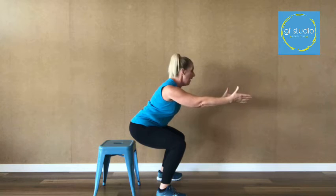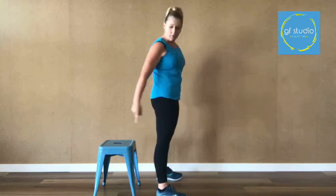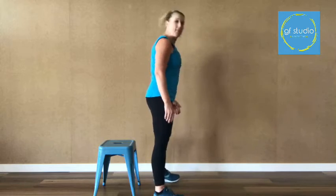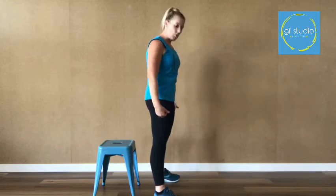Back is nice and flat, eyes are up, thighs parallel to the floor. That is your range. Then all you do is push through the heels. So if you've got a seat, toilet is a good place to practice. Feet just out from that seat, chest up, touch the seat and rise. Touch the seat and rise. If you find that too hard, sit down and rise, because that will train your muscles to work correctly in